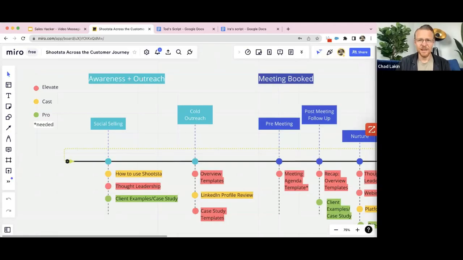If it's all right with you guys, I want to share with you something that I've been working on recently. Now, this is for the team here at Shootsta, so you're getting a little bit of a look behind the curtain. This is just to really map out for our own team the different ways that we use video across the entire customer journey. Now, I've zoomed into it. I'm going to scroll around for you guys. But for us, we're looking at the types of videos that map to our products and our services as well, and then how we'd facilitate that.